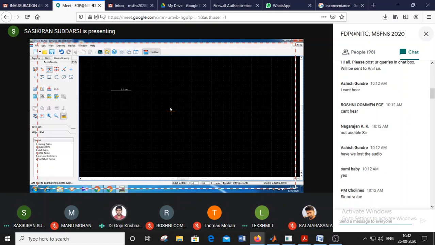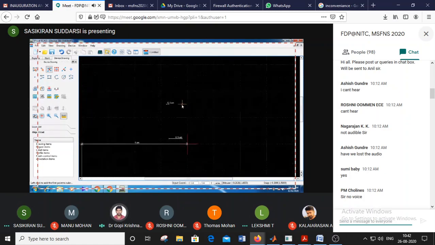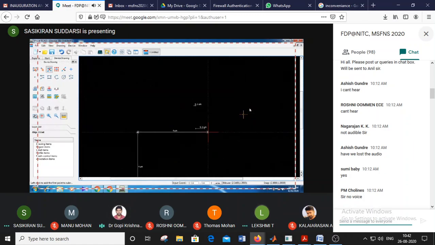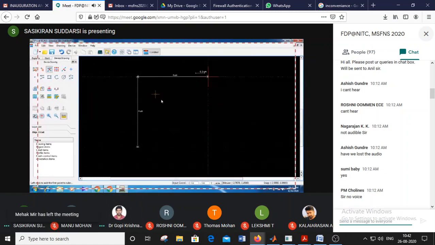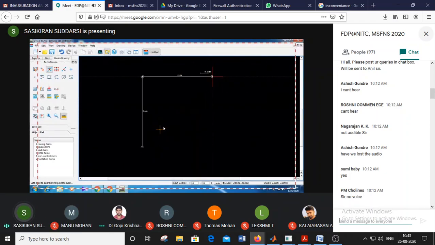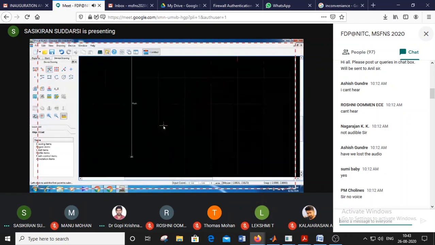Yes, Sandeep sir, I think they are asking how to zoom in and zoom out that grid. You are zooming in and out of the entire grid. How is it happening? What are you clicking? That's what they are asking. With the mouse scroll only I am doing it. It just increases and decreases. That's all. The mouse key. Okay.